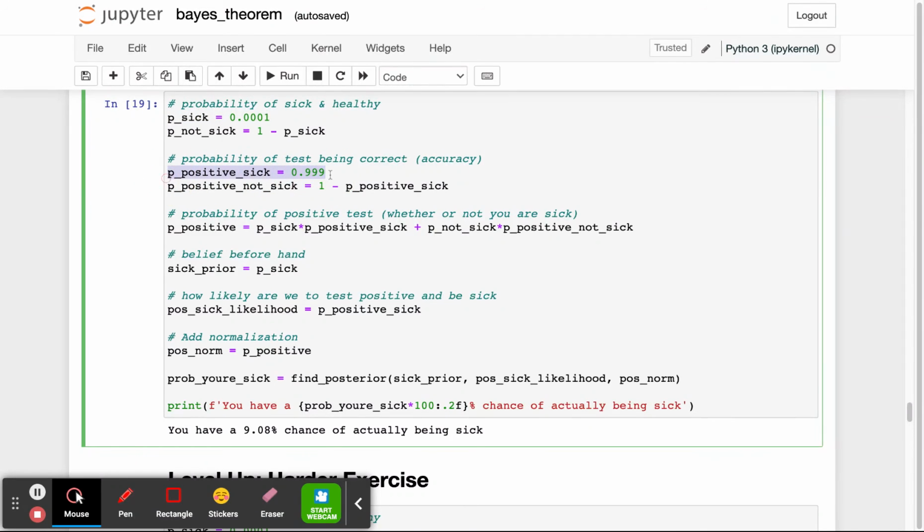And here is the probability of testing positive given that you're sick. And conversely, the probability of testing positive given that you are not sick in this case is going to be 1 minus that. And similarly, as we had above, the probability of testing positive, whether sick or not sick, is